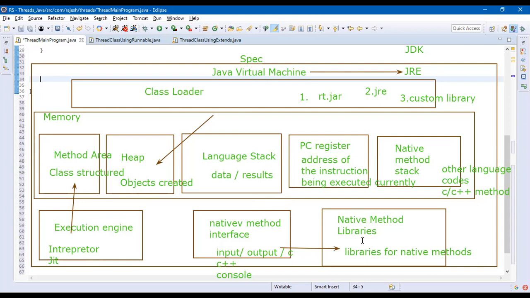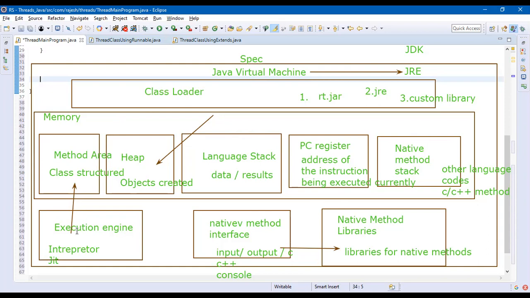If you understand this, and if you are able to explain this to someone in the interview, you will give a good picture that you understand what the JVM is and its basic features. Even if you don't remember the complete picture, just tell a few important points. You should know the class loader, and the method area, heap area, and stack area, these three are important. PC register, no one will worry, and native method, no one will worry. If you forget these two, no worries. A place to store the class structure, a place to store the objects, a place to store the results. These three in the memory.